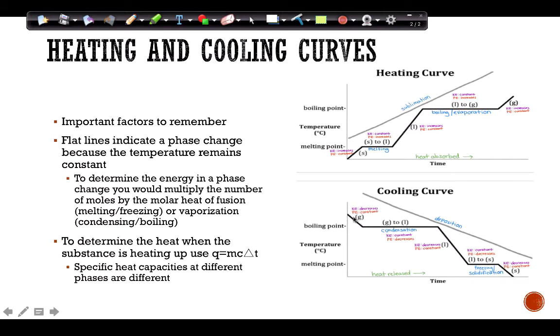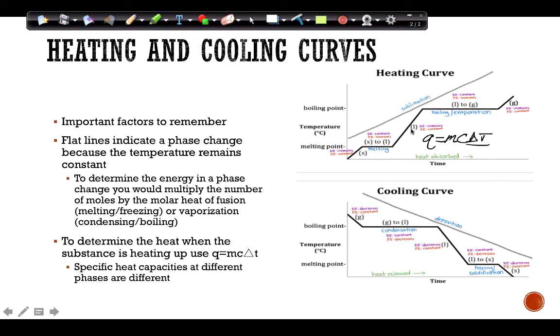So anytime that I cool something down, I'm removing energy from it. And the reason that's important is because delta H and Q would be negative in those cases. If I'm heating it up, delta H and Q will be positive. All right, so if we're doing math in this kind of situation, anytime that my temperature is increasing, I can use Q = mcΔT